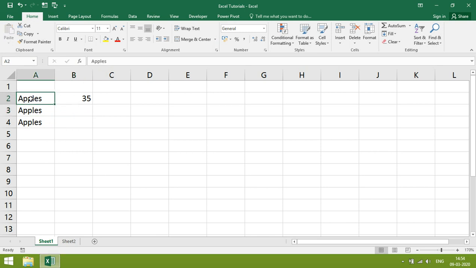Just give the selection, enter. To make changes in a field, press F2. Then you can change whatever you want. Once it is done, enter. Same process with the delete button. To delete also, we can make some changes. It will overwrite.